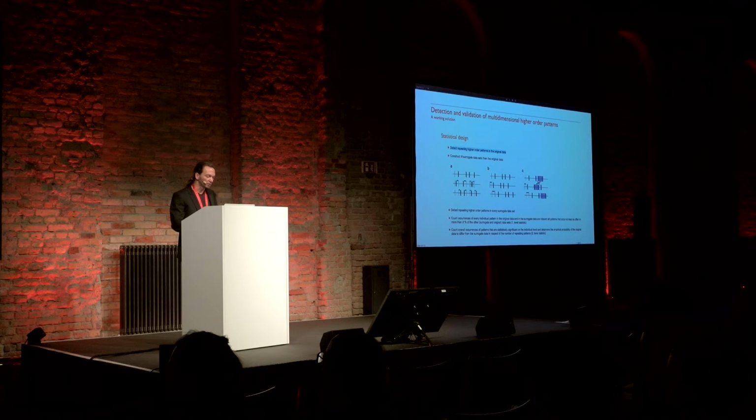We detect repeating higher order patterns in the original data. Now we need a random model, so we need to know, okay, if I observe a certain pattern, is this random or not? How can we answer this? Well, by constructing surrogate data from the original data. So we sample from the empirical distribution, so we do not need any parametric model, any analytic model for that. We sample from the original distribution,